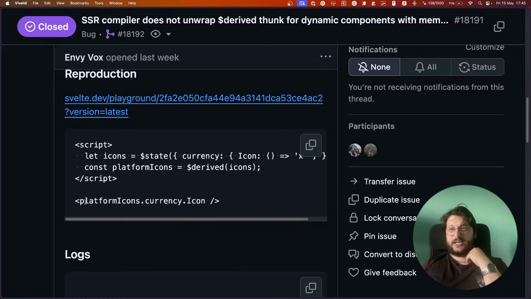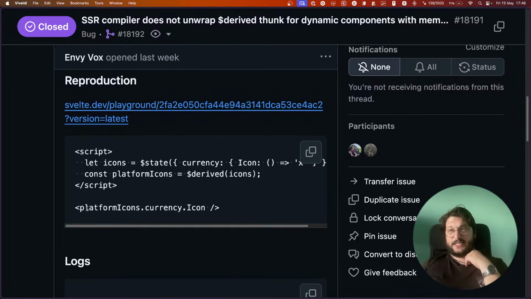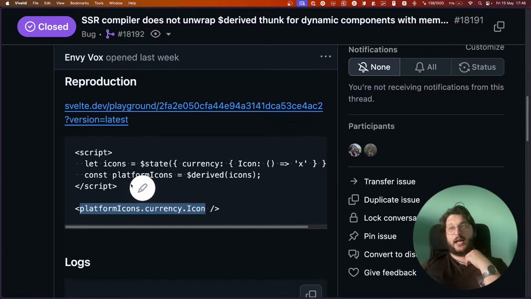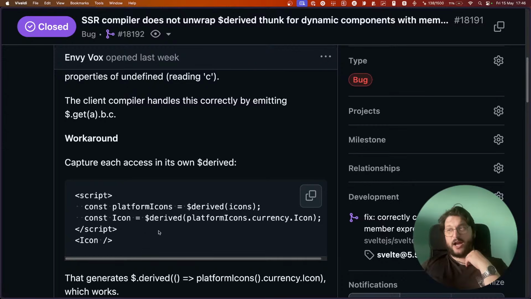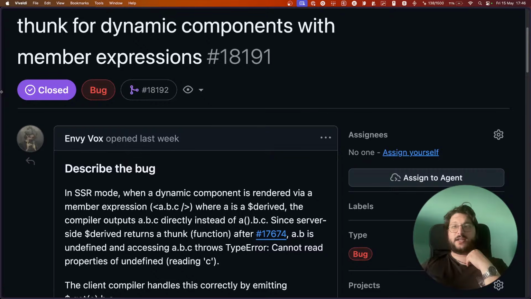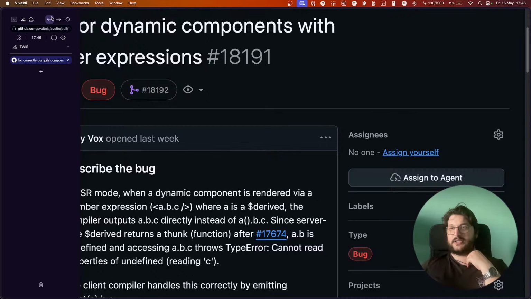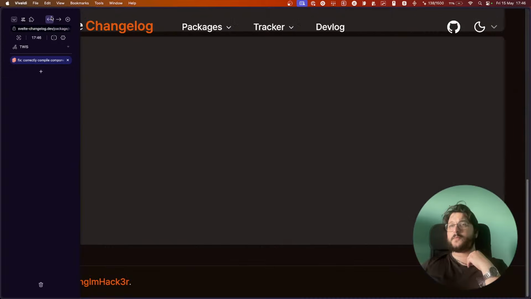If you did something like this, you can technically do this, it's an actual way to create a component, but during server-side rendering, this was not correctly compiled without the intermediate derived, and so it was failing, and now it is not. It's just a matter of compilation.